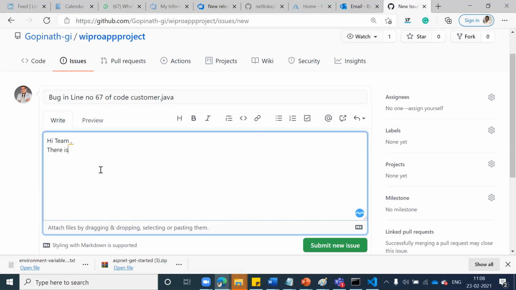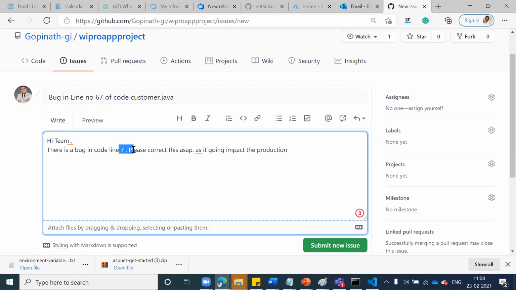There is a bug in code line number 7. Please correct this ASAP as it is going to impact the production.